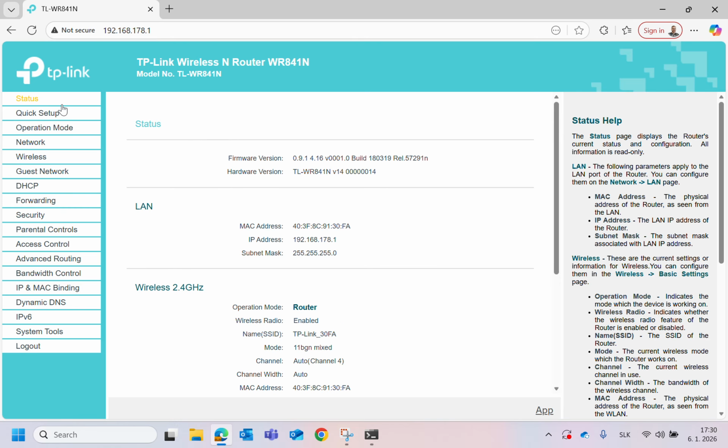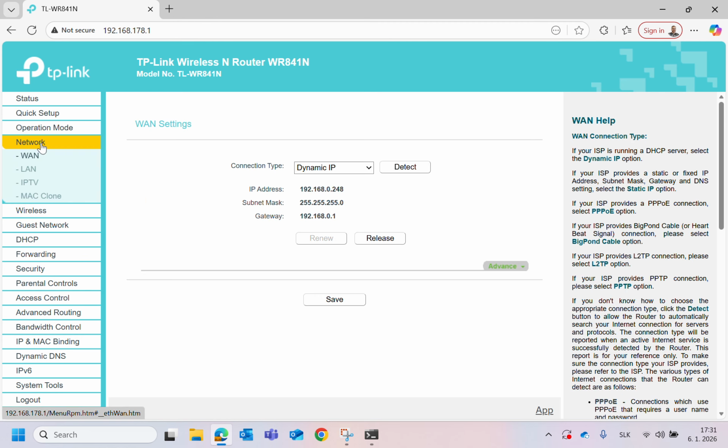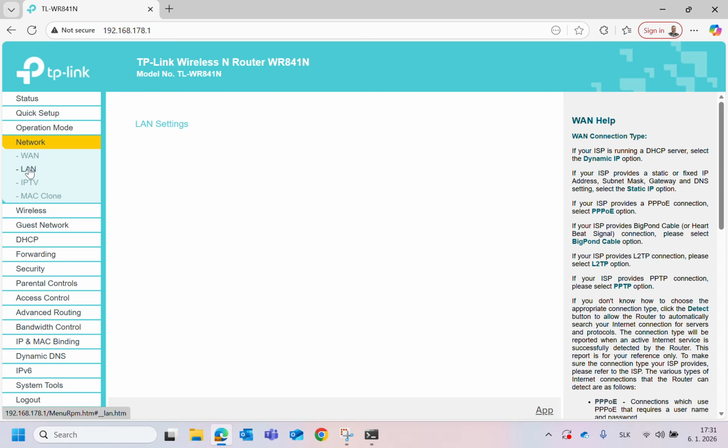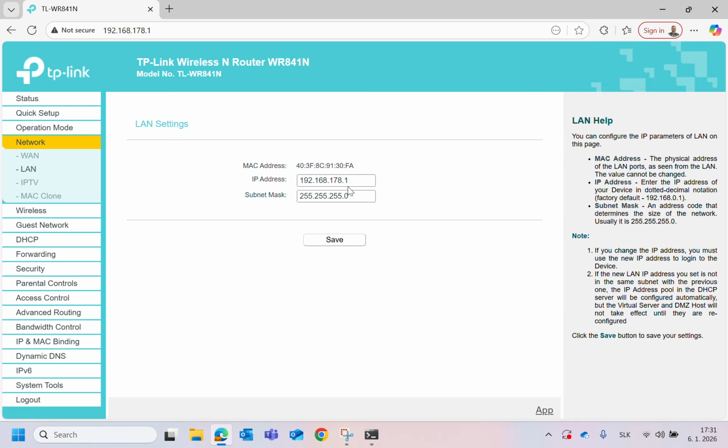On the left, you can see different settings. And now, for example, if you want to change your IP address of the router, you can go here on the left and click on Network, then click on LAN, and here you can edit your router's IP address. Once you edit it, you can just click on Save. Once that's done, you can just click on Log Out,